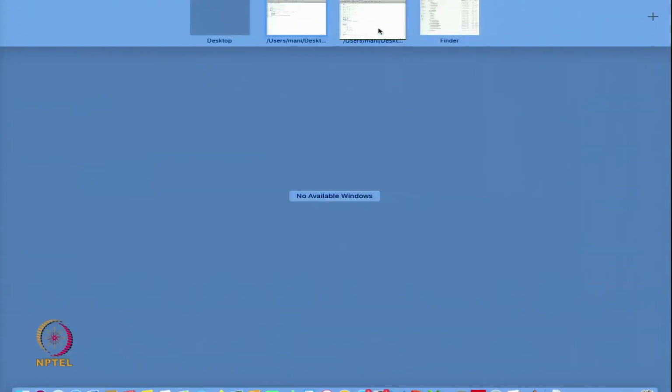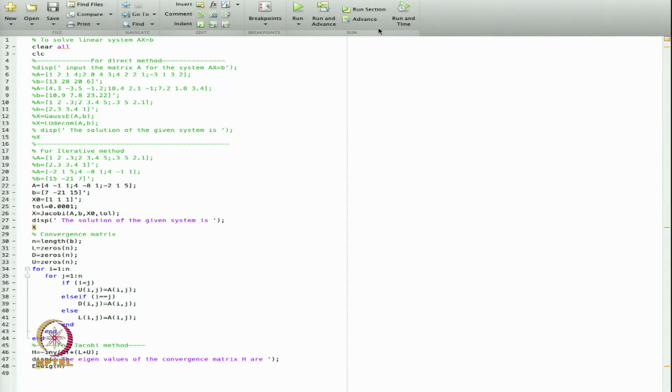Now, I will go to the main code from where I will call this function. So, if you remember, last time I made this linear system code that will solve all the linear systems. Now we have to do the iterative process, so I have commented out the previous one that we used for the direct method. This is my clear all, and that is clc. Now I am going to start with the iterative process.